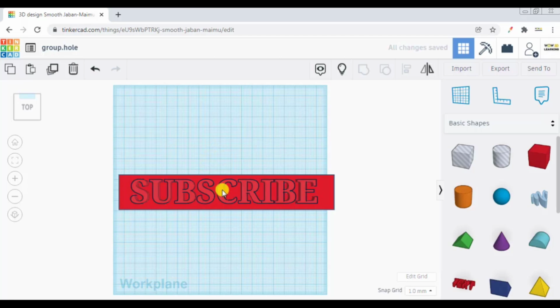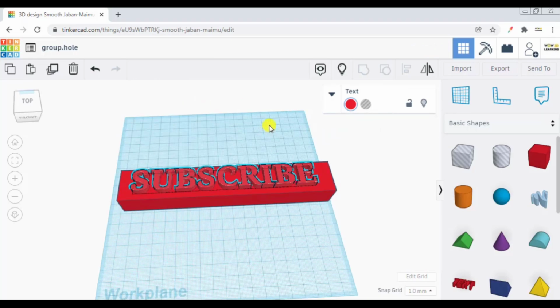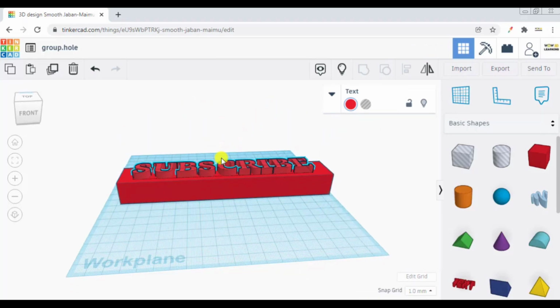Now if I transform this into a hole, so before transforming into a hole, I want to engrave this inside, so let me drag it a little bit inside. Let us say -3. Now what I do is I transform it into a hole.